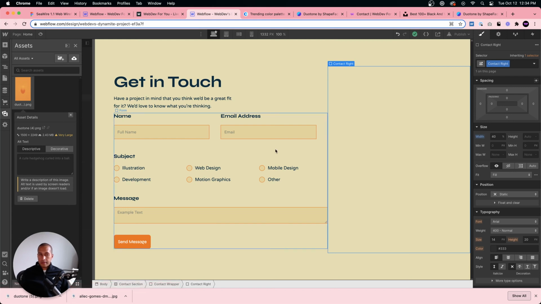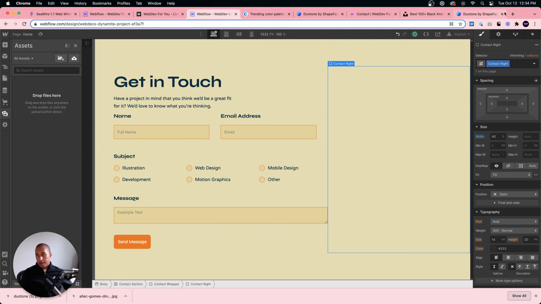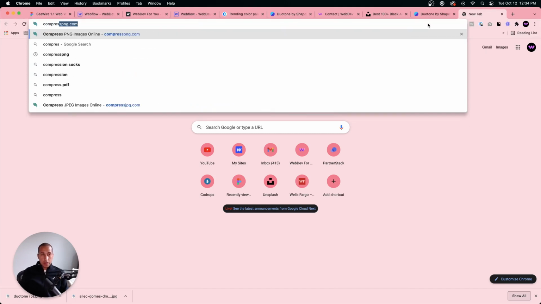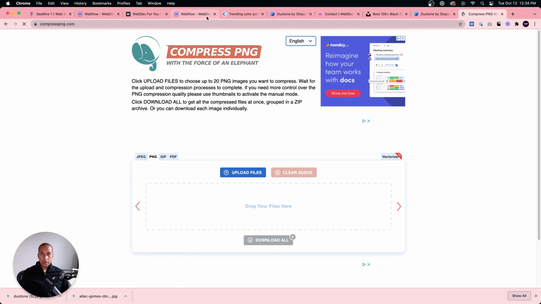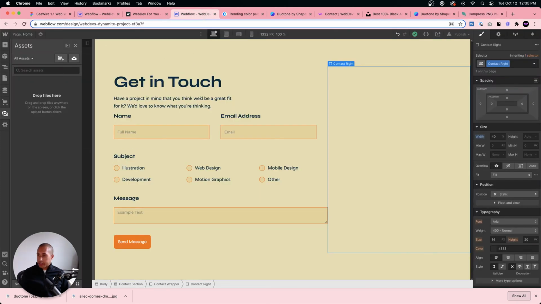That's too large. So I ran it through Compress PNG to reduce the file size. That's just a nice little tip to reduce the file size of your images. So then I have this one that's minified. It's still fairly large. It's almost a megabyte. So I'd probably work on it a bit more to get it even smaller.